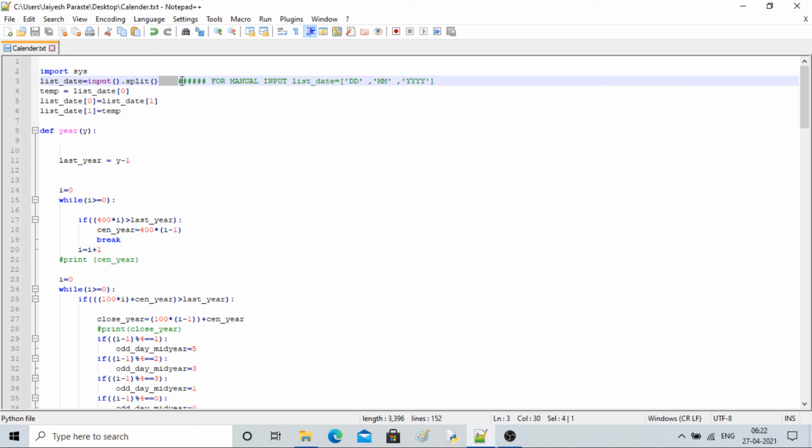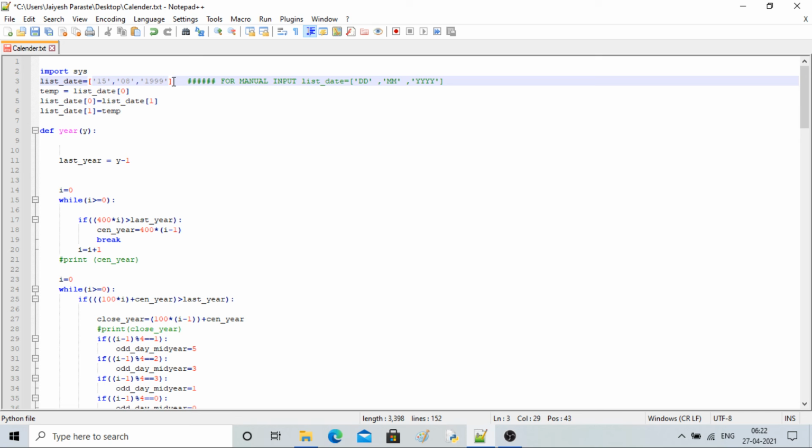So if I have to give 15th August 1999, then I'll write it like this: 15 comma, in brackets 08 comma 1999. This is how I have to write it if I want to give any manual input. Otherwise, you can also do it via the program while running it.